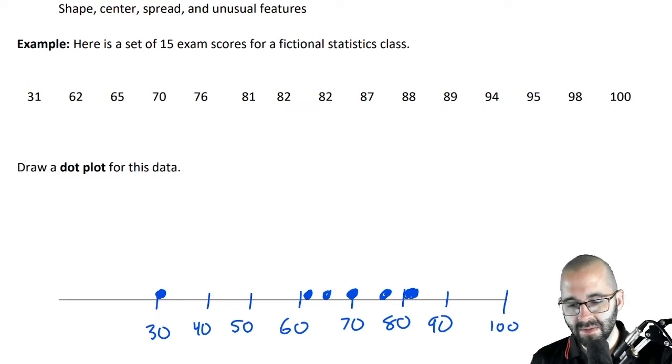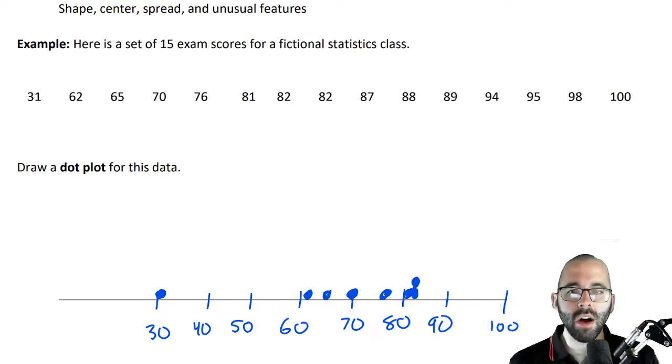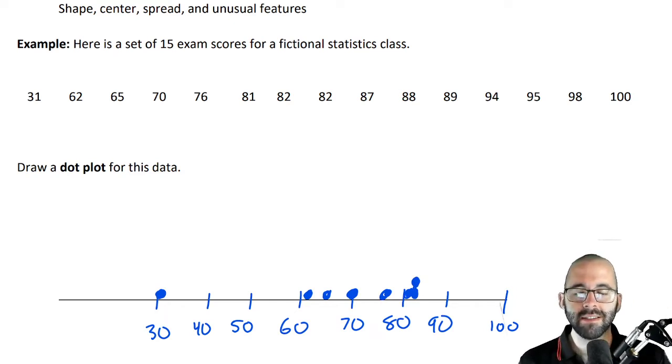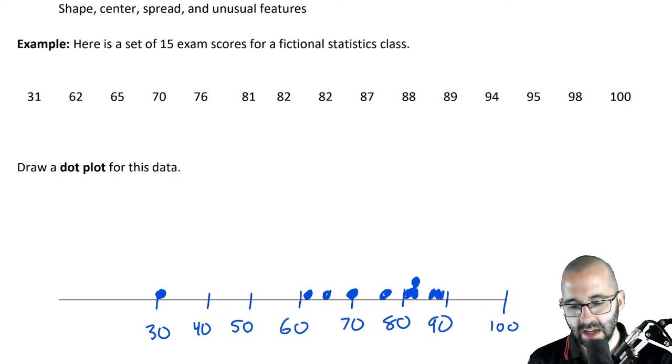That's a little hard to read. Try to separate these. 81 and 82 are right next to each other. And then there's another 82. There's a second 82, so we just draw a second dot on top of the 82. And then again, there's an 87 and an 88 and an 89. They're really close to each other right here. And then a 94, a 95 again right next to each other, a 98,